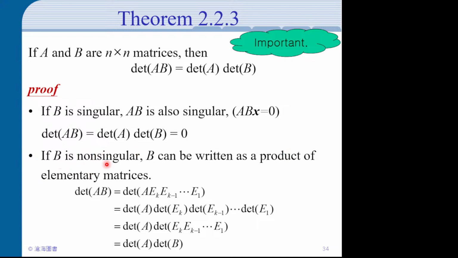Yeah, that's one of the 1.5.2 things we proved. B is non-singular, so B is a product of elementary matrices, and then we just use the version of this theorem on elementary matrices that we proved when we did elementary matrices, right? So we can take them out one by one, and we see delta AB equals delta A times delta of all those elementary matrices, and then we can group those together, because you have the product of elementary matrices, and you have delta of all those things together, and that's just